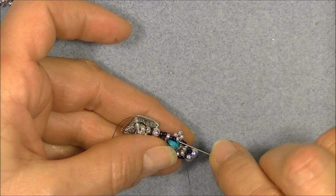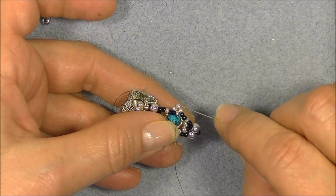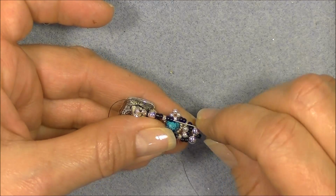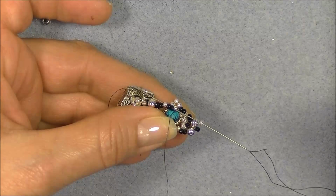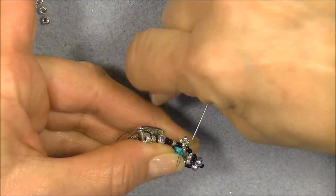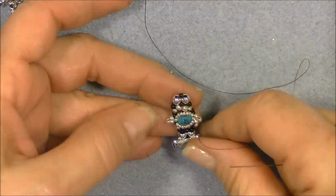And I'm going to go down into the next black. So I'm exiting this black one. I'm going to pass over my picot. I'm going to go into the next black, and I'm going to insert an 11-0 seed bead in between there while exiting this silver seed bead over here. This will stabilize your unit. Pull this little 11-0 down, turn your piece back over,